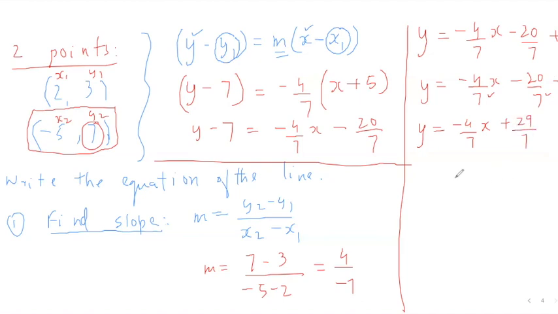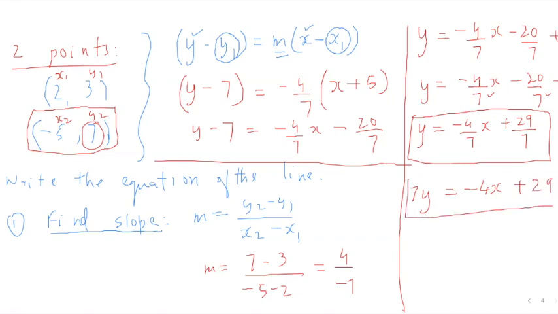Okay. So this is good enough. But if your teacher is the kind that does not like fractions, or optionally, if you don't like fractions, you can multiply everything by 7. Okay, so what will happen? The first term will become 7y. Then this will be minus 4/7 x into 7, so that will just leave you with minus 4x, plus 29 by 7 into 7 will just leave you with 29. So that looks a little cleaner and more linear, but both equations are accepted as an answer in 10th standard. Okay, no problems there.